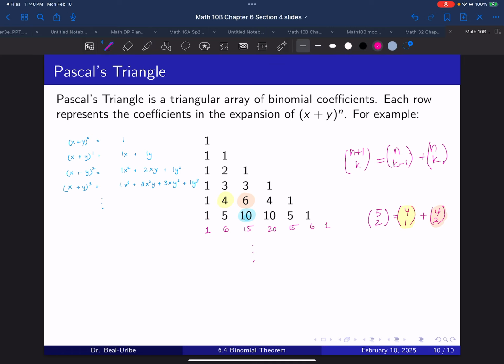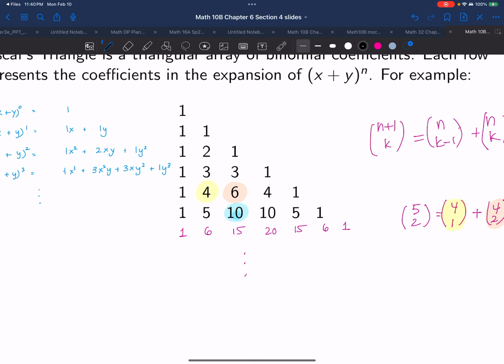So if I'm looking at this in terms of my